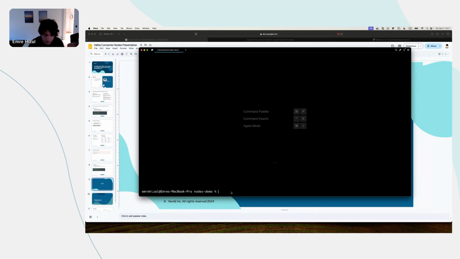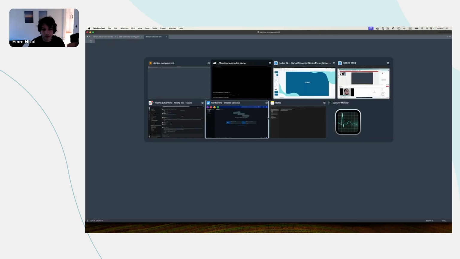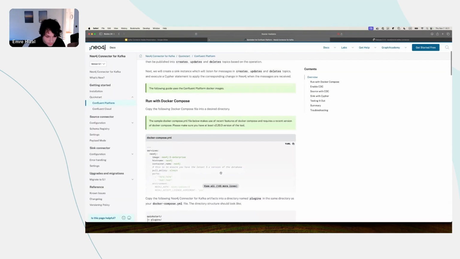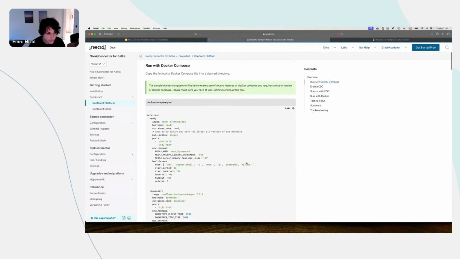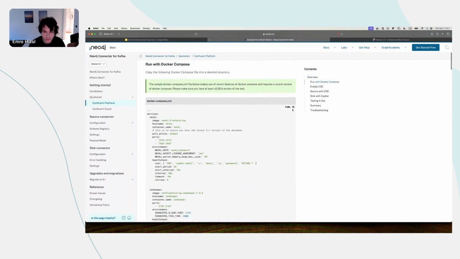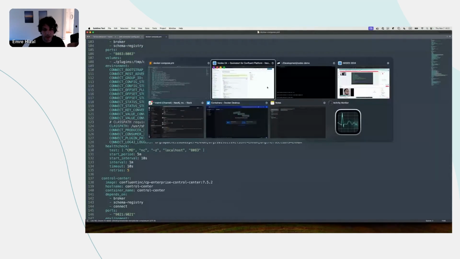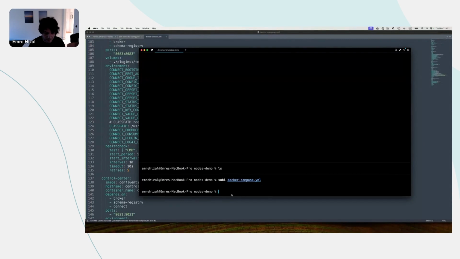So first of all, I'm going to be creating a Docker Compose YAML file to spin up the connectors environment, and I'm going to quickly go to the connectors documentation page. From the quick start, I'm going to copy the Docker Compose YAML file here, save it, and then we also need the connectors jar file. For this, I need to create a plugins folder, and then I'm going to download